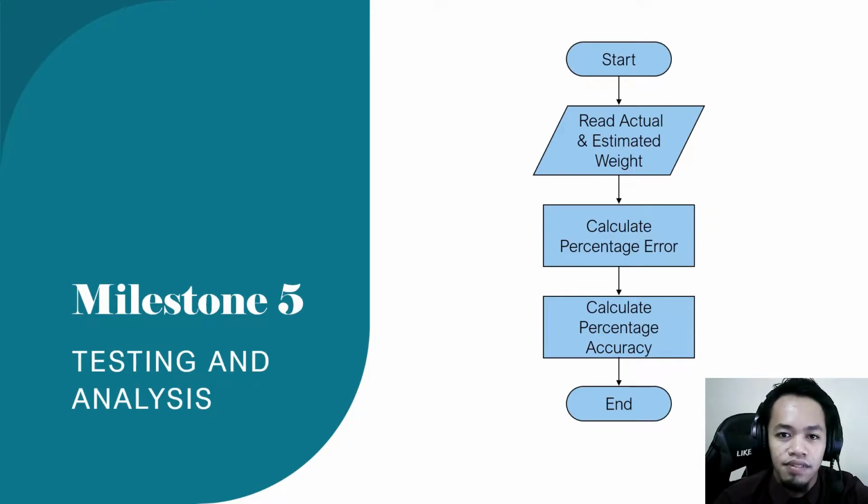Next is the last milestone, for testing and analysis. Following the estimated weight of the mango obtained from the correlation equation, the error between actual weight and estimated weight must be calculated. To establish if our technique is successful, we utilize the root mean square error technique to examine system performance. To obtain a high performance of the system, one aim is to estimate the weight with more than 95% accuracy.